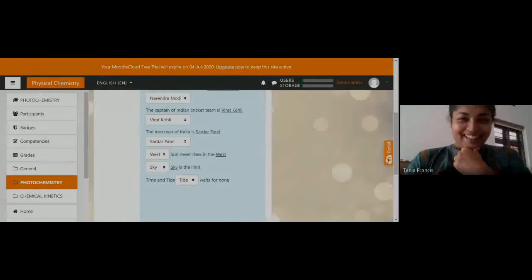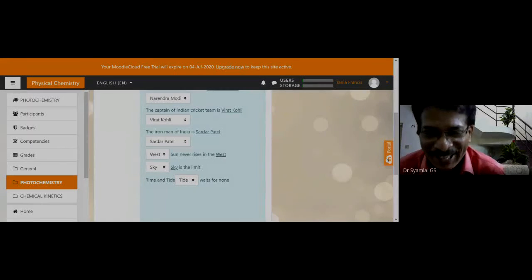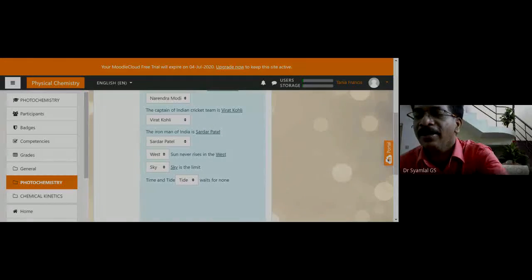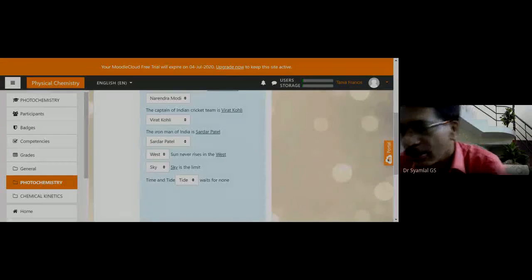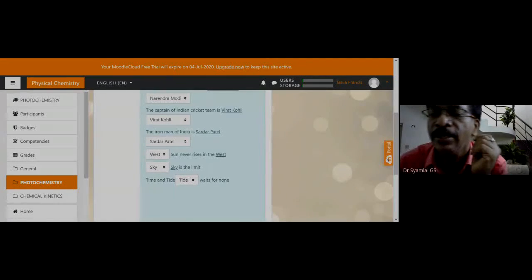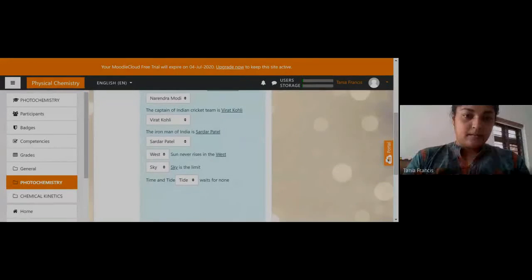Okay, and repetition of questions as well. And finally, they will be giving an issue. All questions full mark. Okay, we are happy, and the student is all happy. Yeah, tell me. I've already highlighted sky is the limit. No, highlighted. You should have deleted it. You have not deleted. I told you to delete. The second question also, time and tide waits for none. The answer is there itself. Okay. Oh, in all the others also it's there.